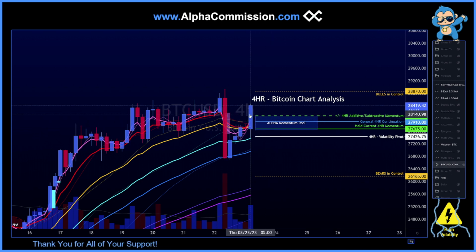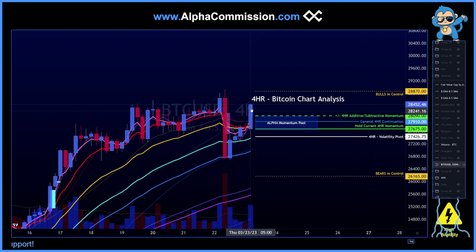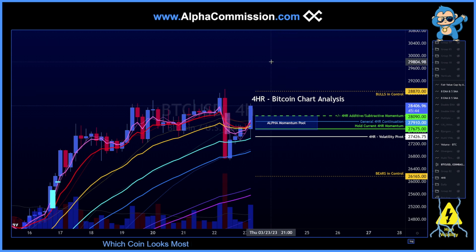pool, which is really great for bulls because, as you can see, we've surpassed the additive momentum level at 28,100 approximately, which is where we could get enough energy to even put bulls back in control of the 4-hour chart here at 28,870, which would be the next key level that we're looking for to the upside in order for this chart